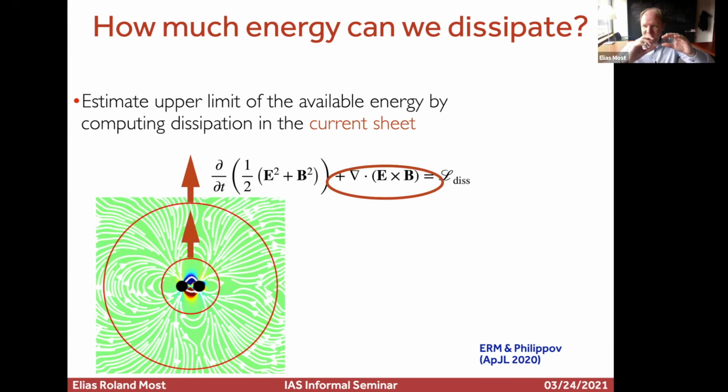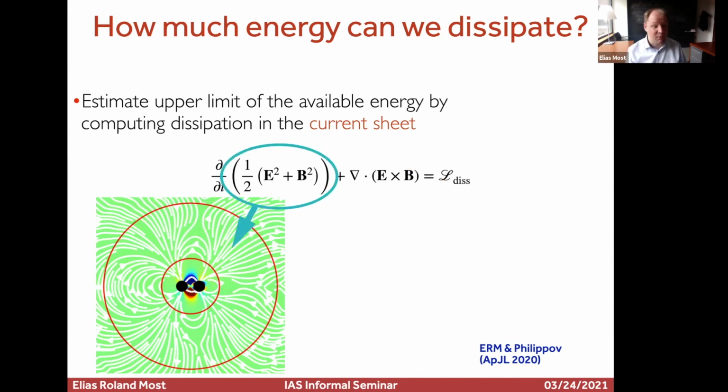So we put two spheres, or two spherical shells, around the binary, and we check how much energy in terms of Poynting flux is going in, and how much is going out. This is accounting for the term highlighted in red. And then you can compare this with how much energy is stored in the field configuration, because there could be some residual change in how the field is aligned there.